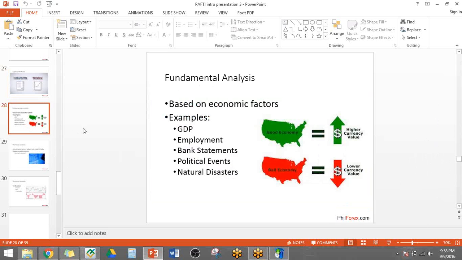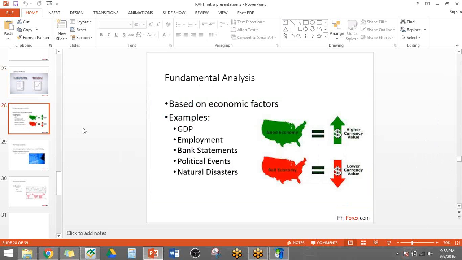I'll give you an example. Let's go with employment rate. If you have previous data, let's say you have a lot of people employed, and then the next data comes, and the forecasted data is it's going to continue to go well, and then when it comes out, the actual data is a lot less than the previous and the forecasted data.